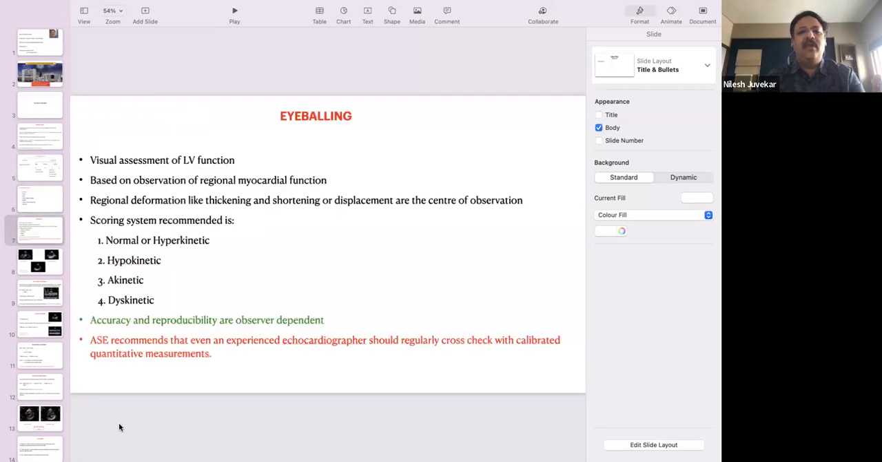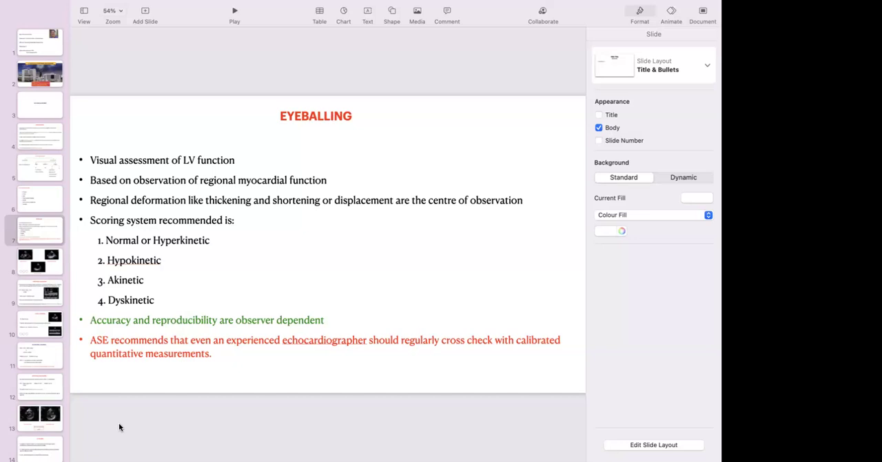Now, coming to eyeballing, basically it is a visual assessment of the LV function, which is based on observation of the regional myocardial function, which is the deformation like thickening and shortening, or the displacement. They are scored as either normal or hyperkinetic, hypokinetic, akinetic, or dyskinetic. And depending upon this, they are either said to be mild LV dysfunction, moderate LV dysfunction, or